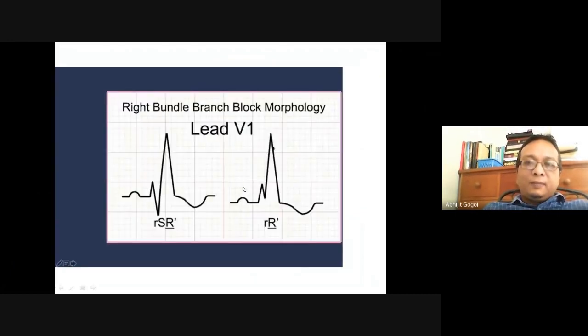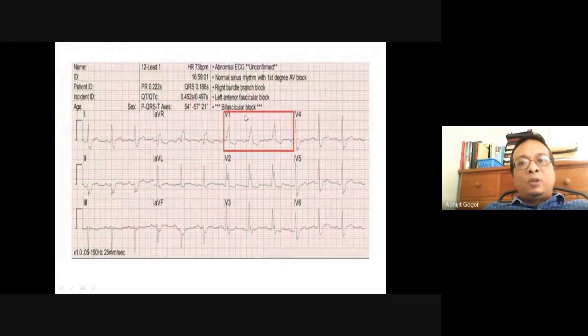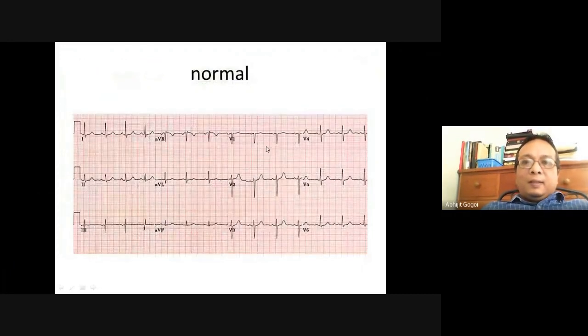So it's giving a positive QRS, which is not so common in V1. Normally in any ECG, V1 is negative. As you move from V1 to V6, it becomes negative to positive. Here you see V1 is negative and gradually the R is trying to become tall, taller and more tall, and here is V6. So normally from V1 to V6, the lead goes from negative QRS to positive QRS.